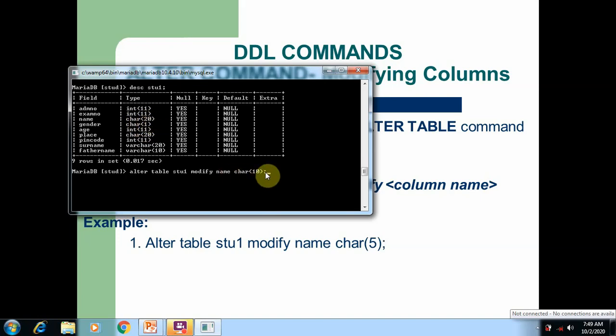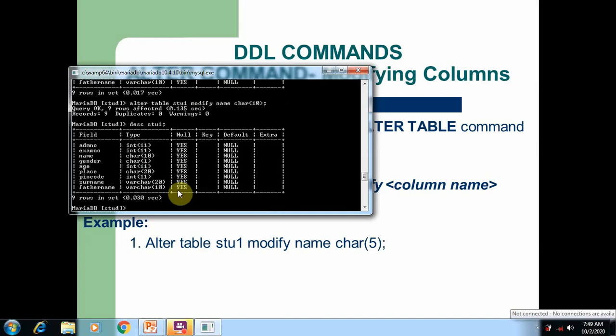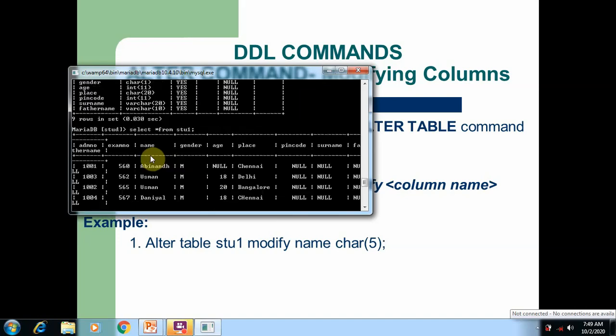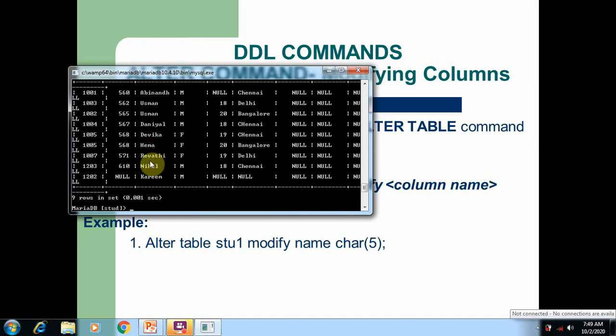I'm going to reduce the column size to 10 from 20. Here you can see query okay, 9 rows are affected. So here you can see the column size is reduced to 10. When you open the table, here you can see there are no changes.